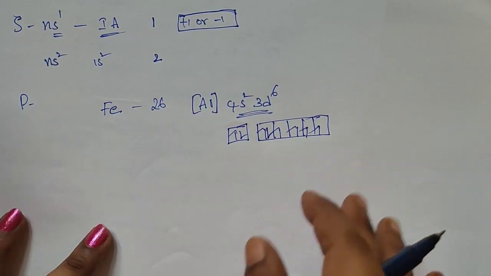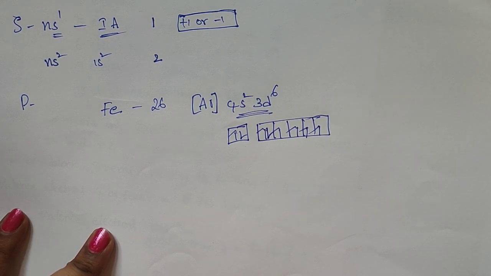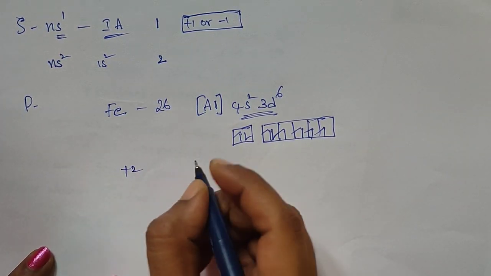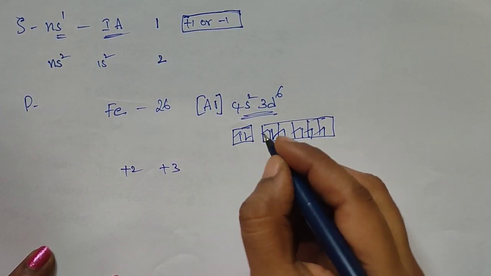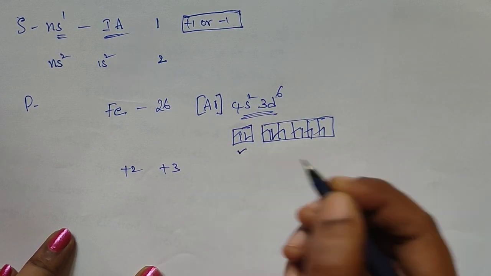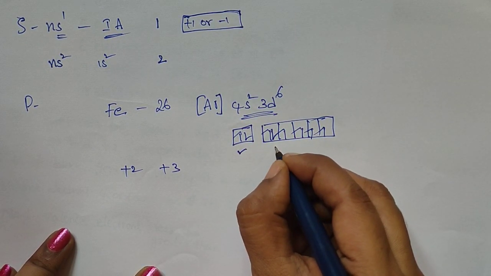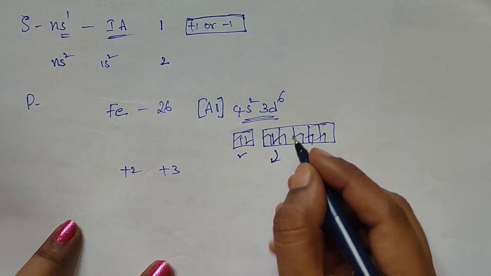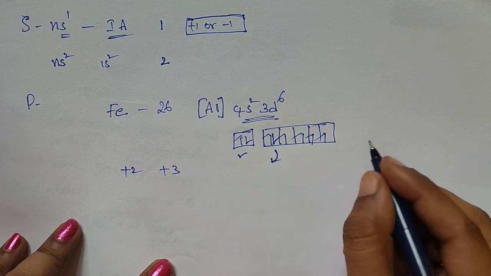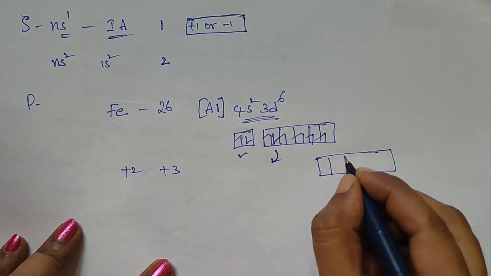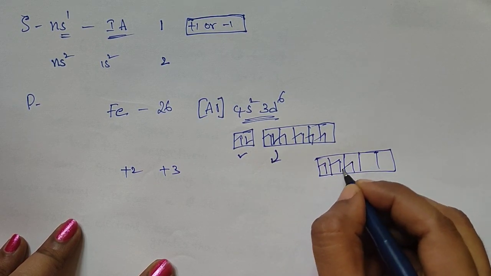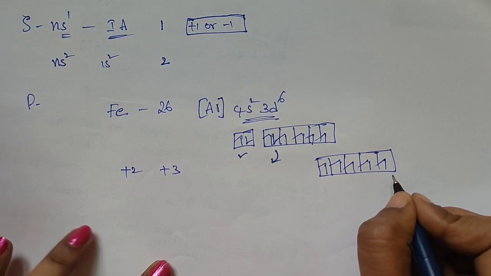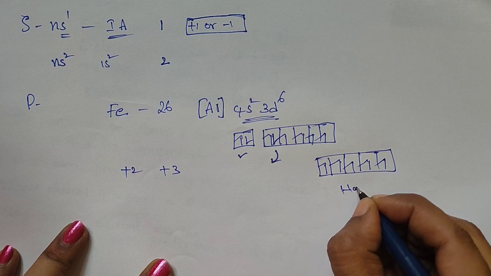In this case, iron exhibits variable valency. What is that variable valency? It can exhibit +2 and +3. See here, these 4s2 electrons, these 2 electrons will participate in the bond formation, and one paired electron also will participate in the bond formation. After this, the d orbital contains, see now here I will draw 1 2 3 4 5. Here we are removing one electron, so 5 electrons are there, so this is half filled.